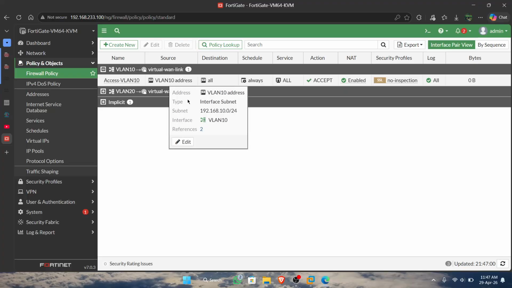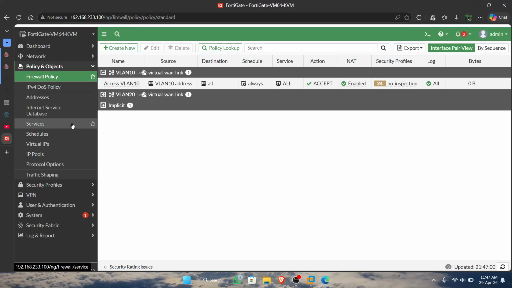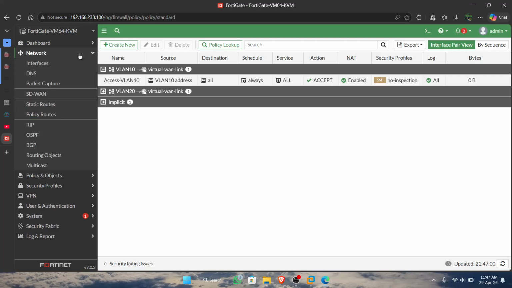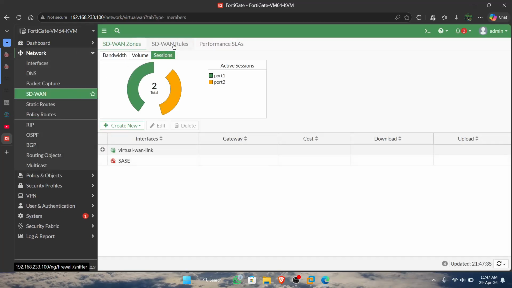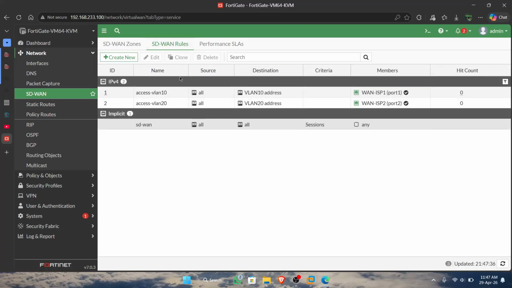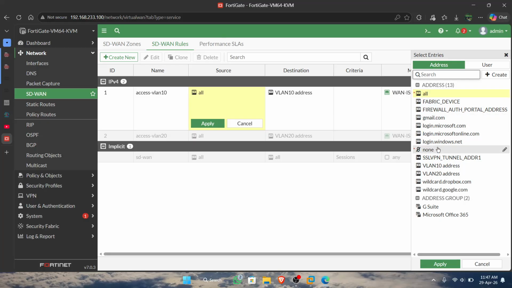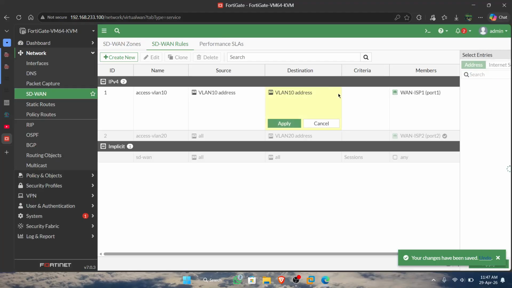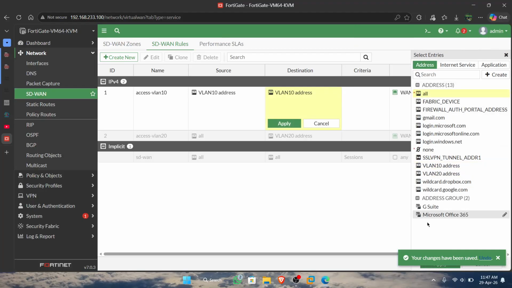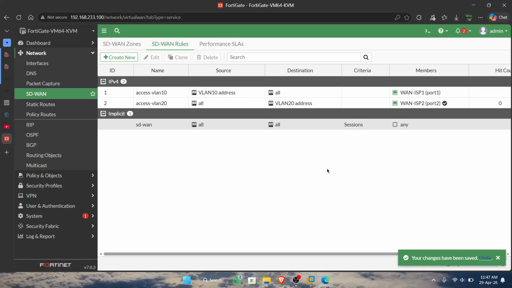Sorry, for the SD1 rules configuration, the source is VLAN 10, apply, and the destination is all, because we send packets from VLAN 10.